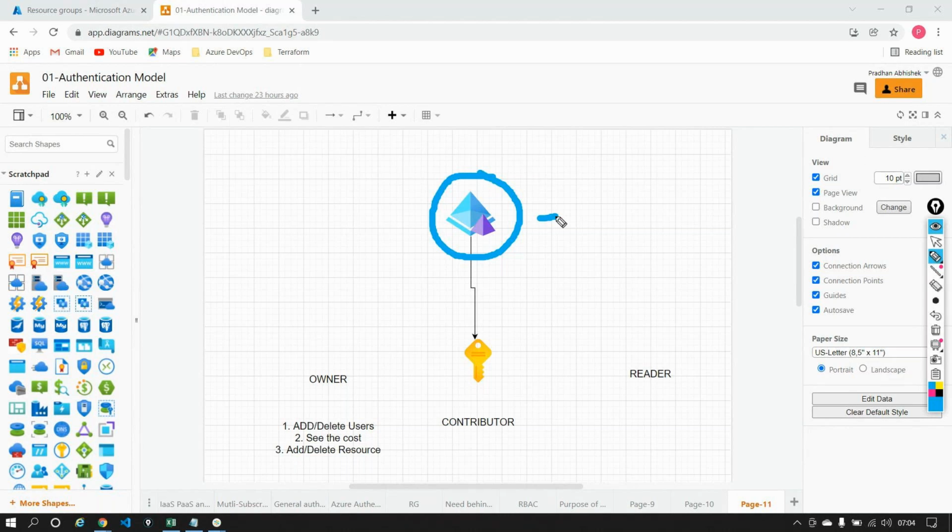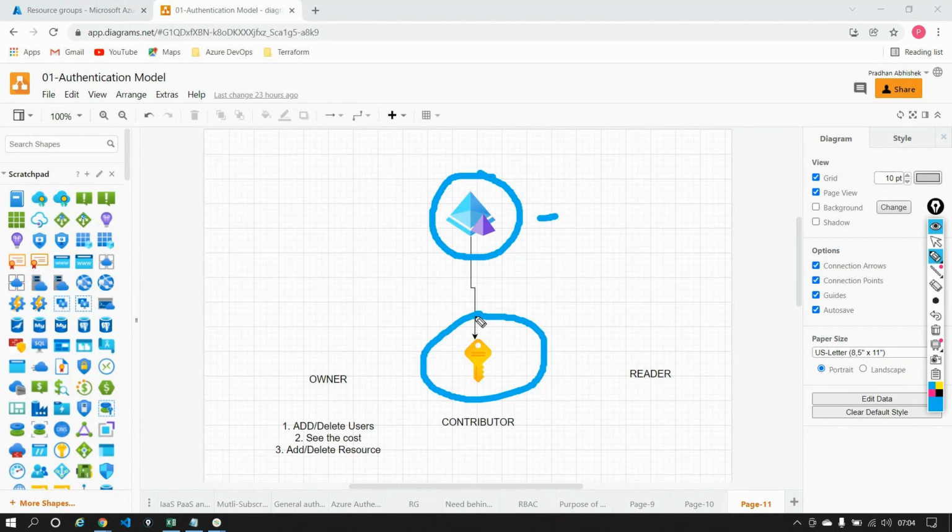Once you give the credit card or debit card information there, Microsoft will go ahead and charge you 2 rupees firstly to check whether the credit or debit card is valid. And once the charge is done, you'll be given a free trial subscription out here. So you have a tenant, you will have a subscription. This is where we are.